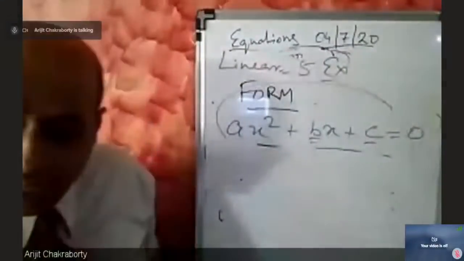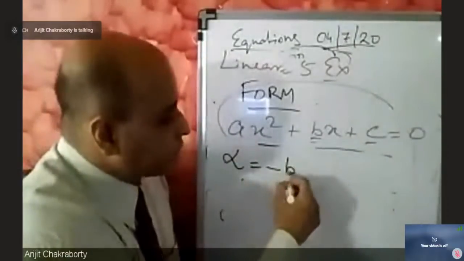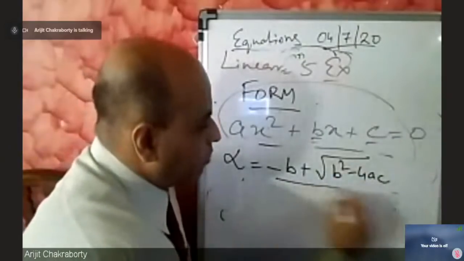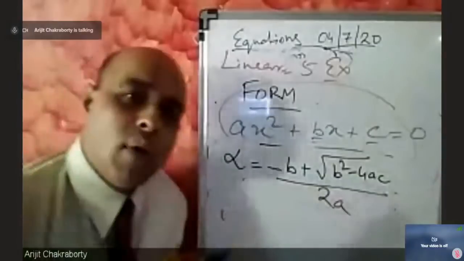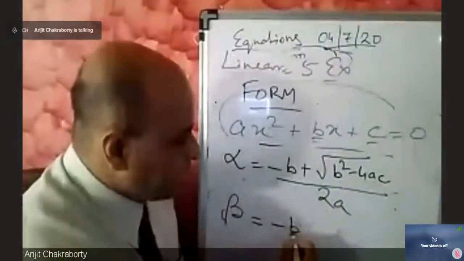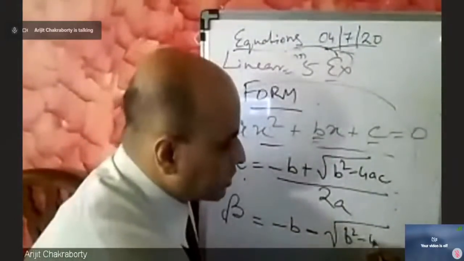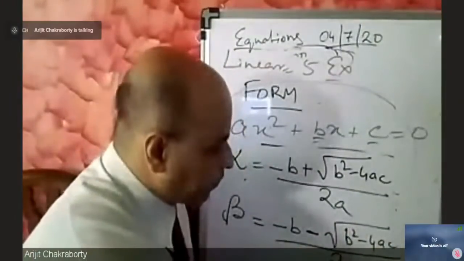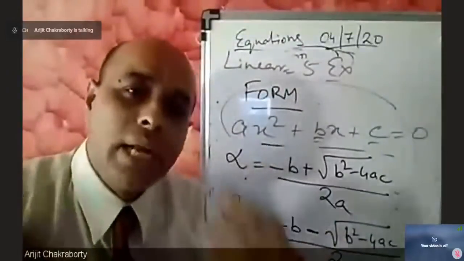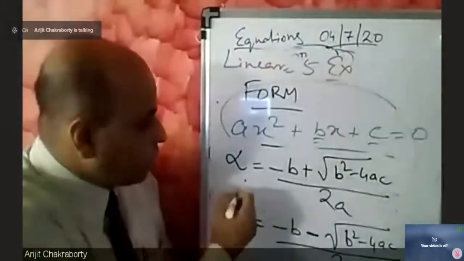So I said that one of the roots, let's call it alpha, is equal to minus b plus square root of b square minus 4ac by 2a, and the other one is beta. So I'm taking beta here. This will become minus b minus, the sign changes, square root of b square minus 4ac by 2a. Now we are trying to find the relation of the two roots if you add them up. So if I do alpha plus beta,